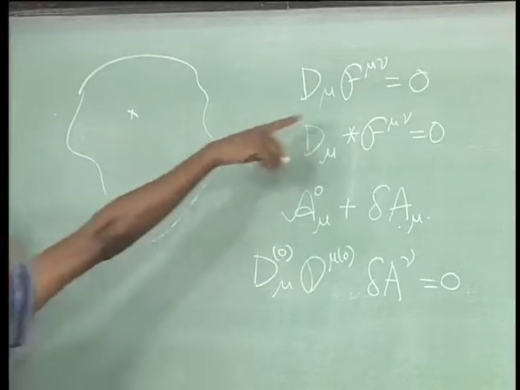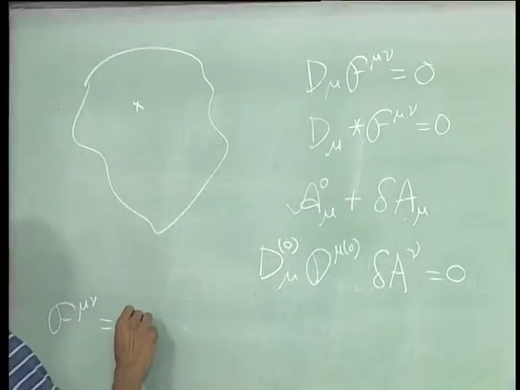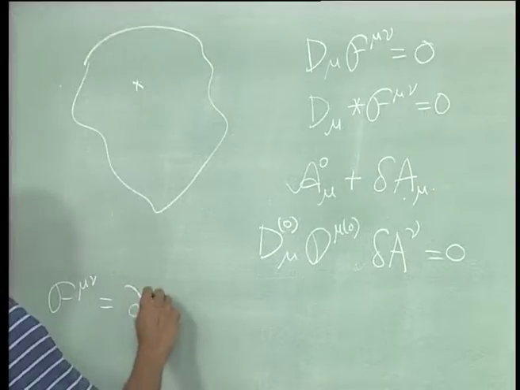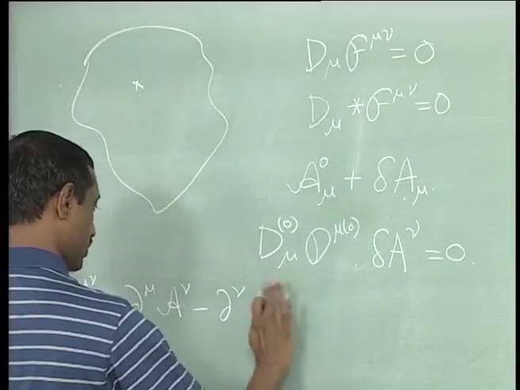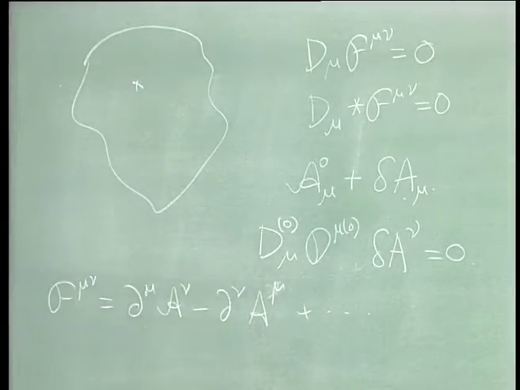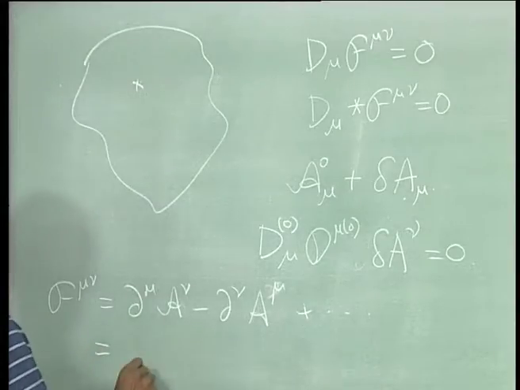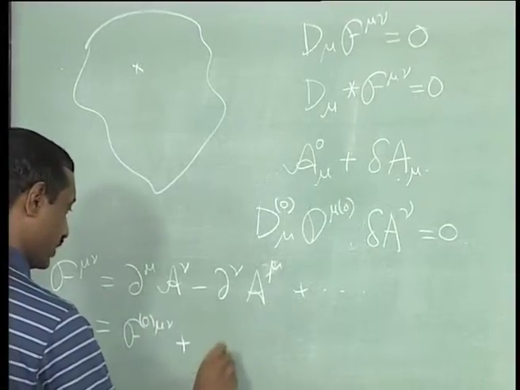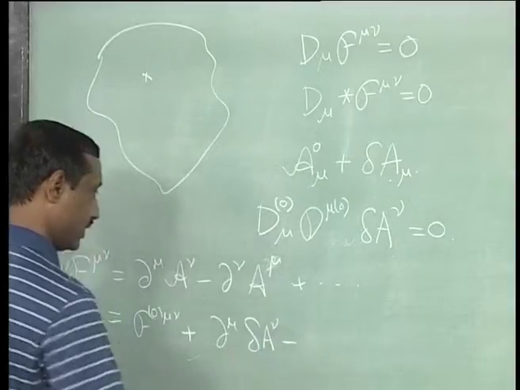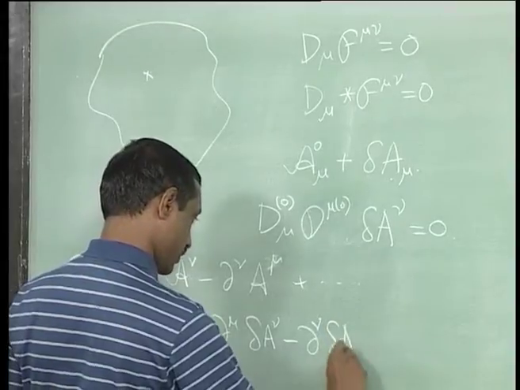Okay, so what I have in mind is, suppose, let us look at what I am doing here. F mu nu would have been d mu... So, I have a whole bunch of terms. So, let me write out this term. Plus there is the other, the quadratic piece, but just look at this. So, if you are going to ask how does this look, you can see that to leading order, this will just become f naught mu nu plus this piece will give d mu of delta a nu minus d nu of delta a mu,